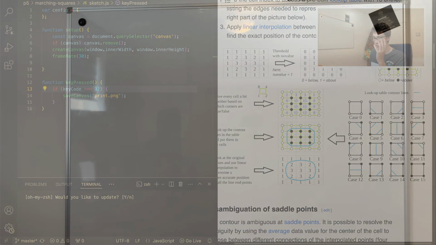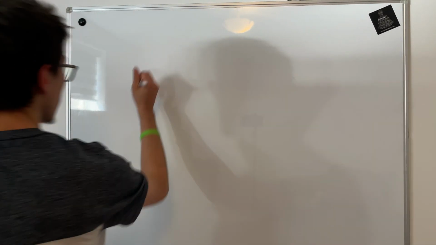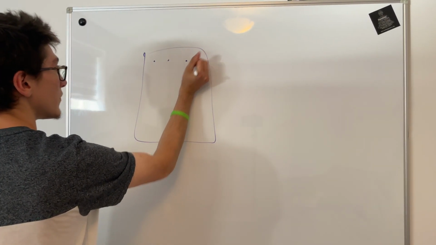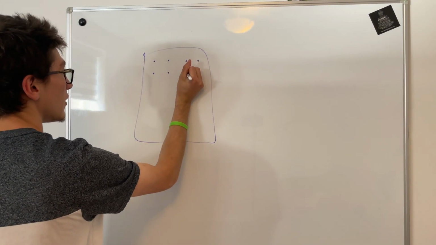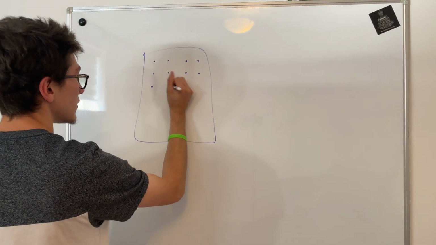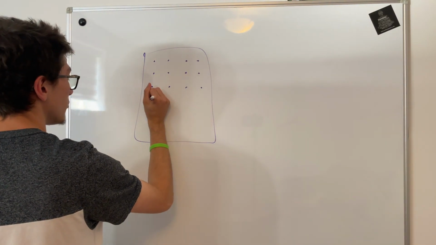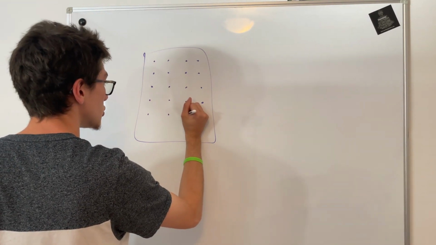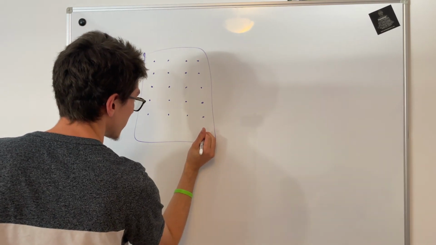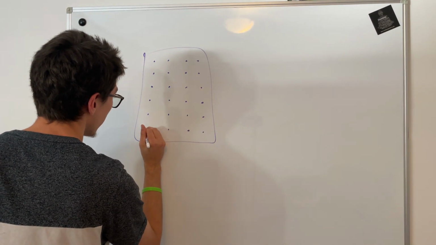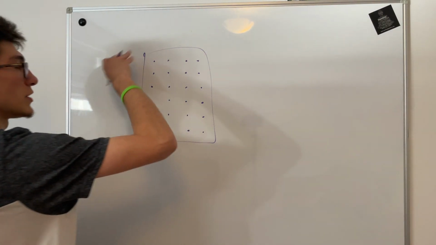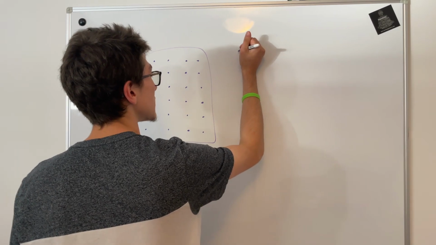Let me go on the whiteboard and try to explain the process, right? So we'll have a grid of points. So let's say here, right? So we'll make a 2D grid that's going to be scaled based on a scale value that we choose. A scale is just going to be the space between the points, for example. So let's say I have all of those points, right? Now what I need for all of the squares, so we'll have a grid